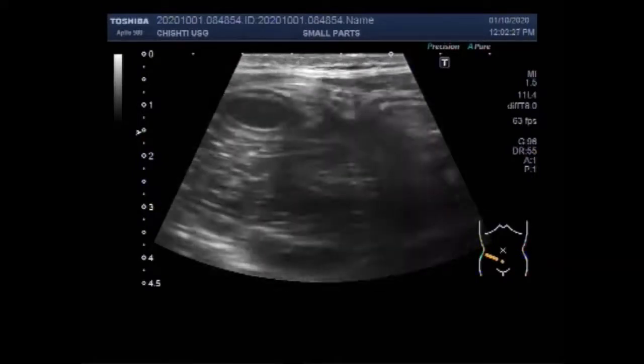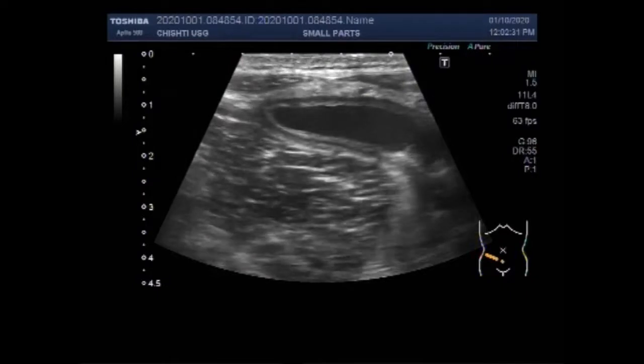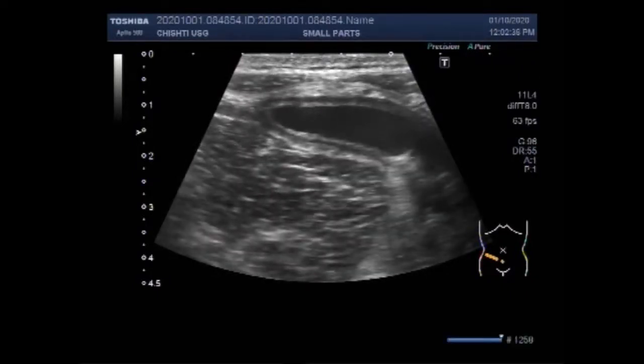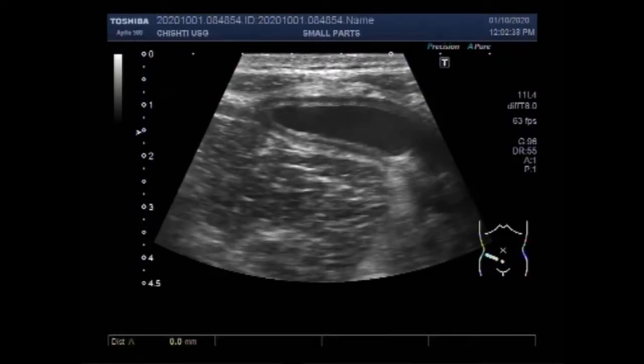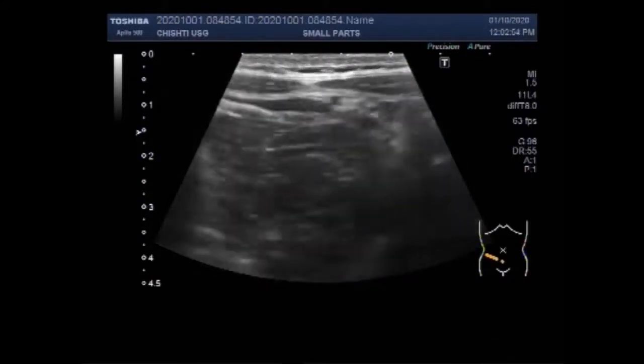This is a case where the patient is experiencing intense pain in the right iliac fossa. When acute appendicitis is suspected, you can scan the patient lying supine. I selected a high frequency, that is 7 to 11 megahertz, transducer. You may put a pillow under both knees of the patient to have the abdomen relaxed.